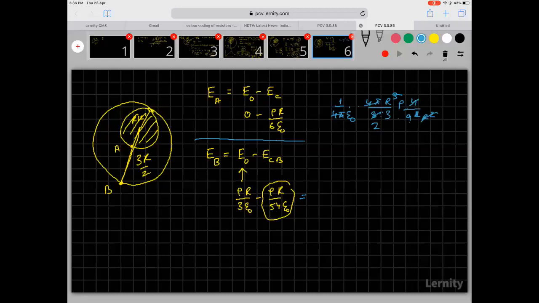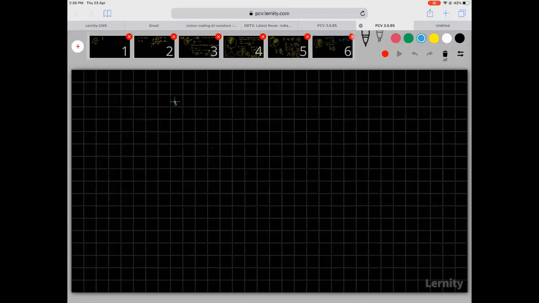Now I'll go back to the question that I had discussed the other day. There is a sphere here and there is a spherical cavity here. If I need to know what is the electric field at the spherical cavity, then how do I go ahead with it? Inside the spherical cavity, how do I go ahead with it? So the way we go ahead with it is this. What I did is first I understood